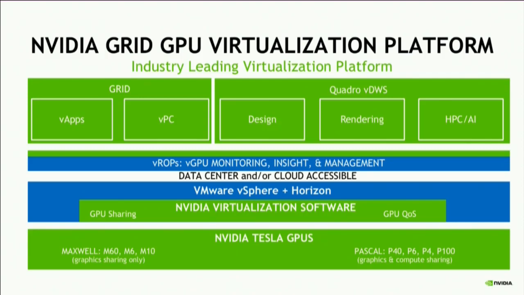So not just design, and rendering really wasn't part of the equation because historically you could only run anything with CUDA OpenCL compute on our largest profile. That's no longer true. You can now run it on all the smaller profiles, and we'll get to some more of that detail. But that enables me to enable more users across more user types within that organization. So instead of just delivering a high-end workstation to a high-end user and then have the manager or other people share some other resource to try to achieve that level, I can now spread that out. I can give people the right amount of performance they need to do their job.